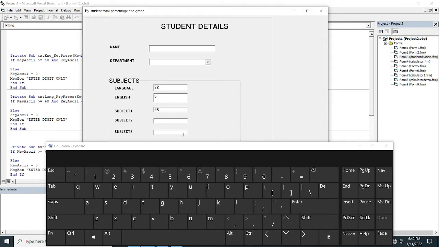See, so here also, alphabet is not allowed, only digits are allowed. So the digits from 0 to 9. 0 is ASCII value 48, and the ASCII value of 9 is 57. It should lie between these, which means only this many characters it is allowing, the remaining characters it is not allowing, and the ASCII value is assigned to each. Okay, this part, form validation, is done.